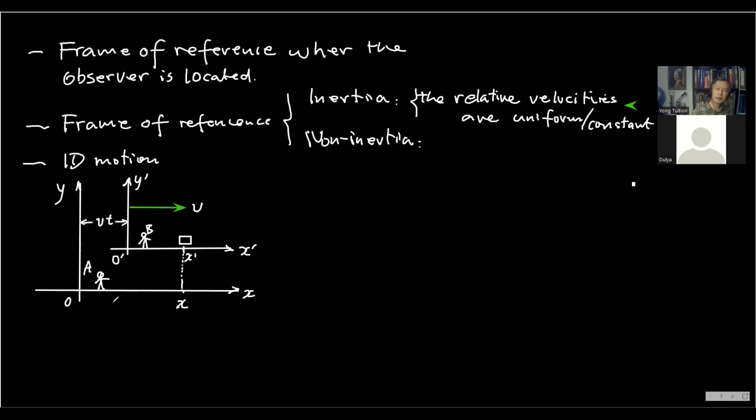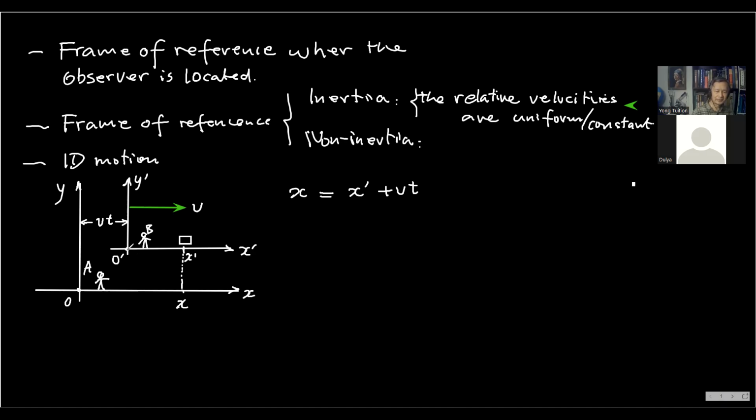Now, can you tell me what is the relation between this X and X prime? So these are two origins. What is the relation between X and X prime? X prime equals X plus Y? No, Y is not changing. The object only moves along the x-axis. So can I help you? Then they are just equal to each other, right? No, they're not. You see, this is 0.